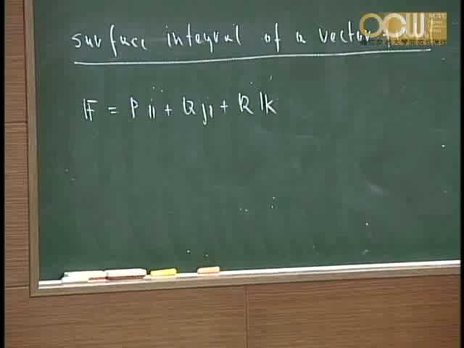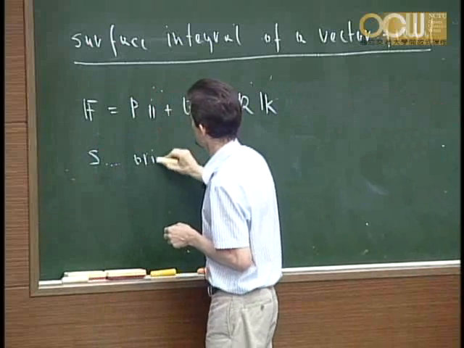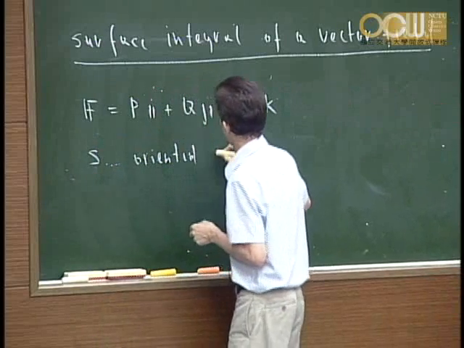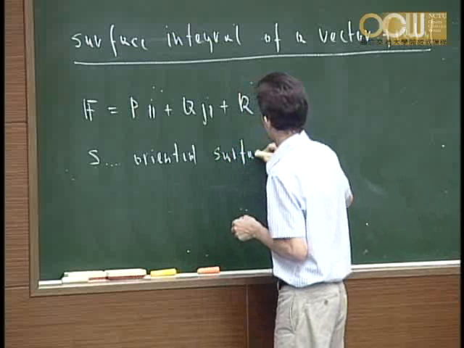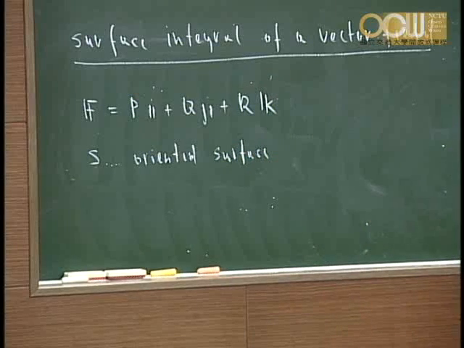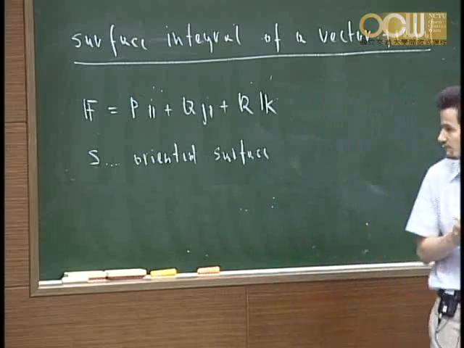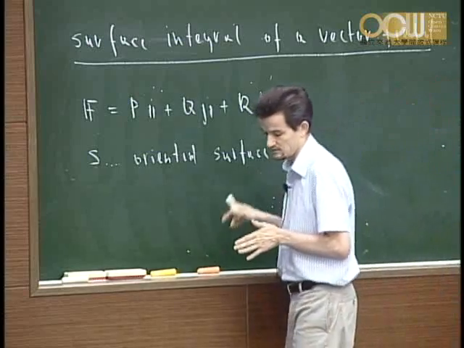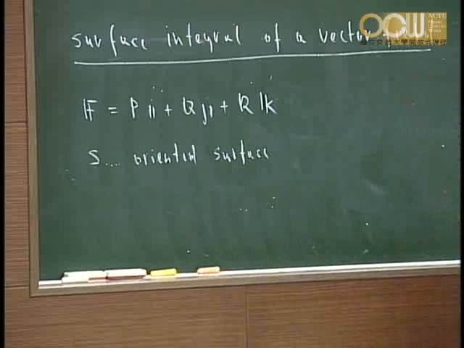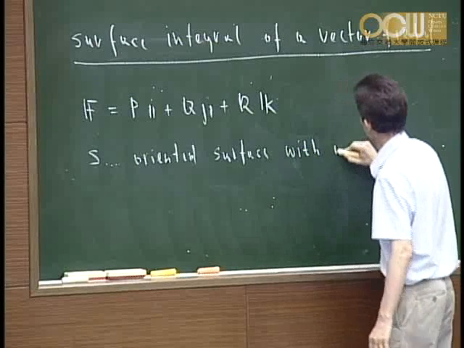And assume you have a surface S, which is oriented. Oriented surface just means that there comes a unit normal vector with the surface. And the unit normal vector, if the surface is a parametric surface, is just given by the one I just showed you, with unit normal vector